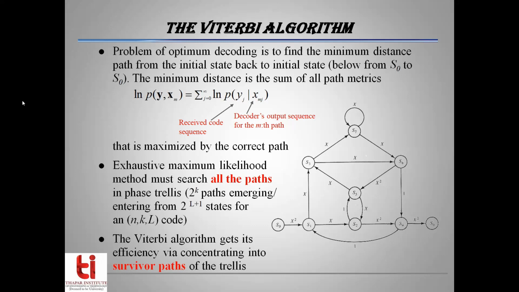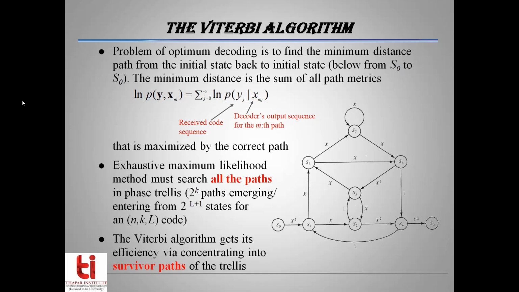the same initial state. So in this diagram, you can see so many states, and the initial state is S0. We want to come back to S0 after traversing all possible states, and the minimum distance path will be considered the Viterbi path or the best path. The minimum distance is the sum of all path metrics, and we introduced path metrics in terms of Hamming distance and in terms of weighted path metrics in the last lecture. For the sake of simplicity here, we will consider that the Hamming distance itself is the path metric in